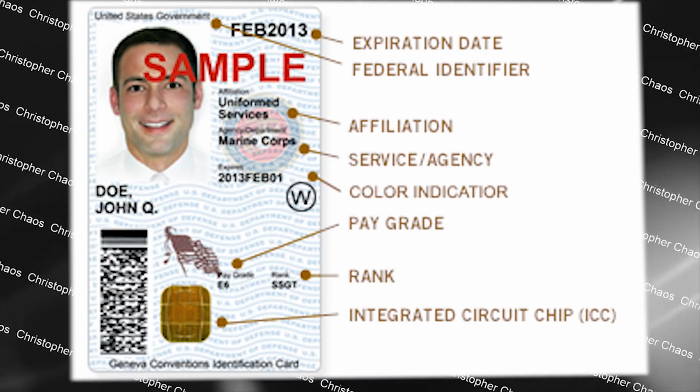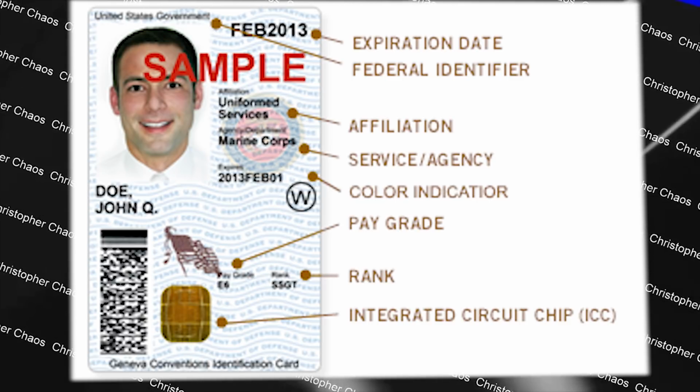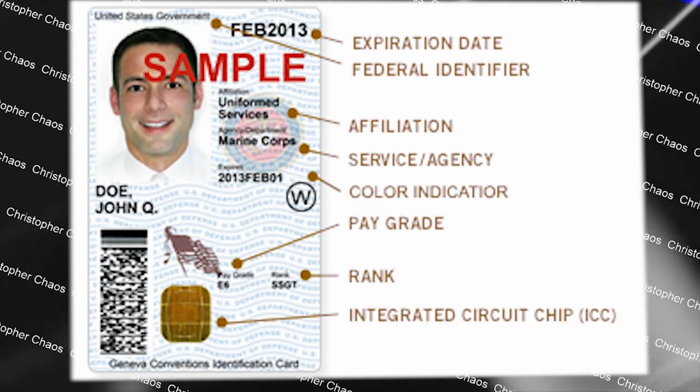Obviously, you have a photo. That photo is usually in the camouflage uniform, the ACU uniform. There are some cases where it'll be in the dress uniform, and in some rare cases, it might be in civilian clothing. Sometimes it just depends on the circumstances that you were in when you were getting your photo done